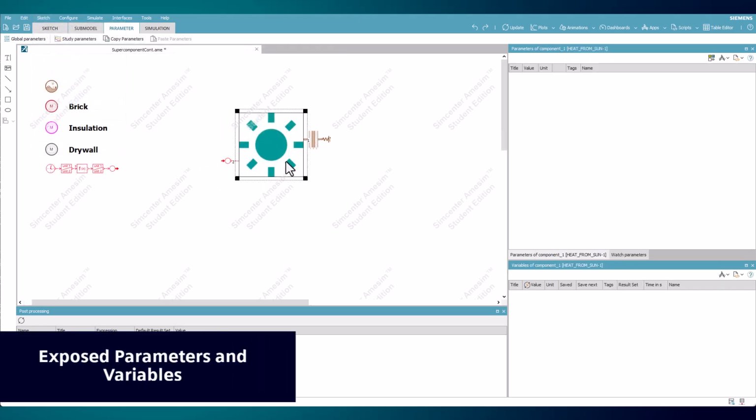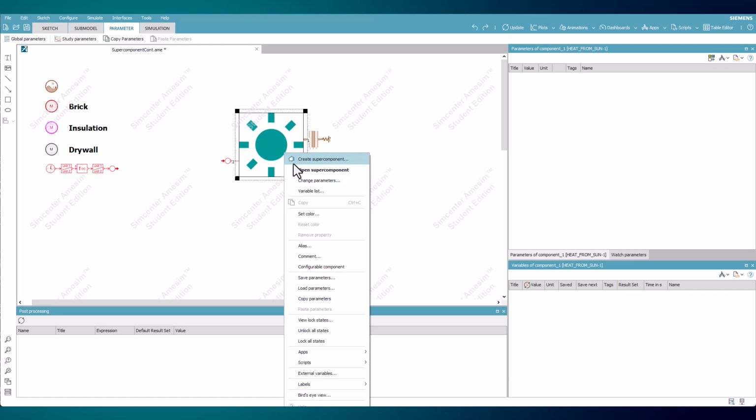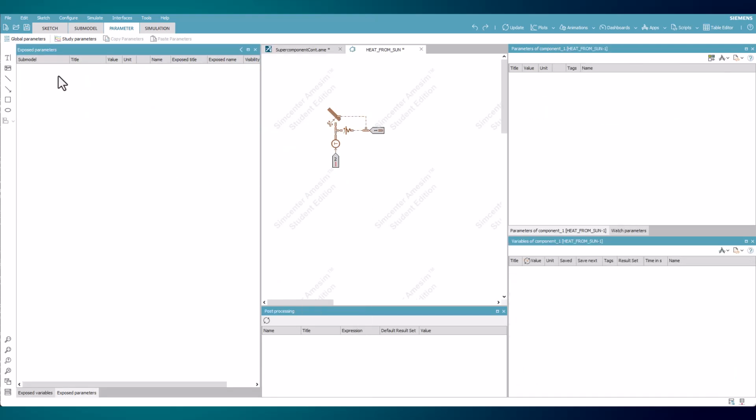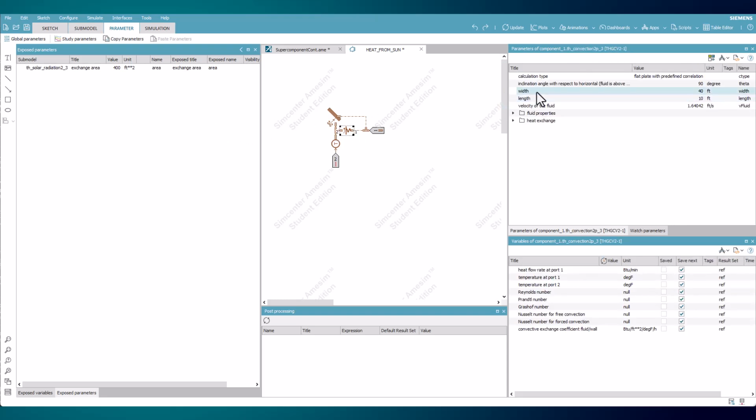Now looking at the parameters and variables of the supercomponent while in parameter or simulation mode, nothing will appear. Changing this can be done by opening it while in one of these modes. Rather than having the Supercomponent Edition menu, new windows are present, titled Exposed Variables and Exposed Parameters. Within each, values of the respective type from components within the supercomponent can be dragged into them.